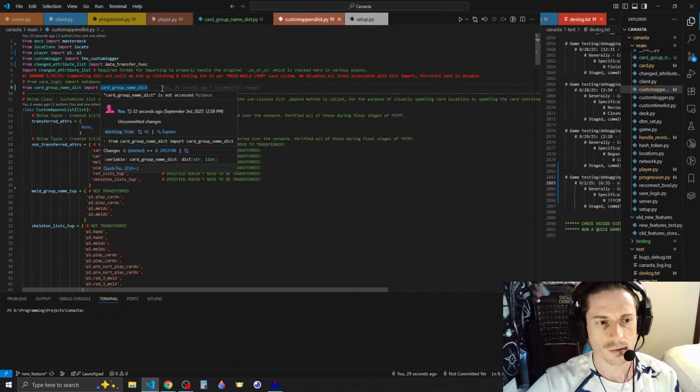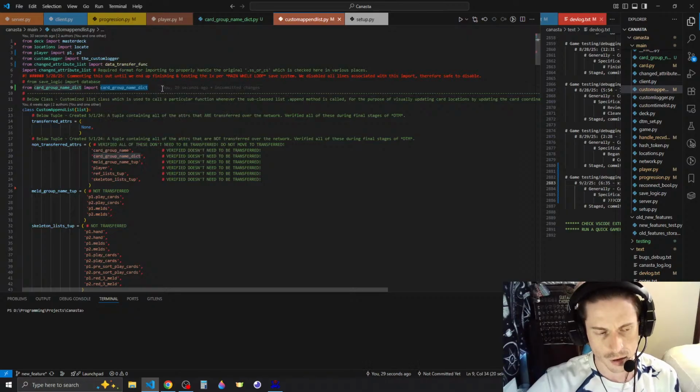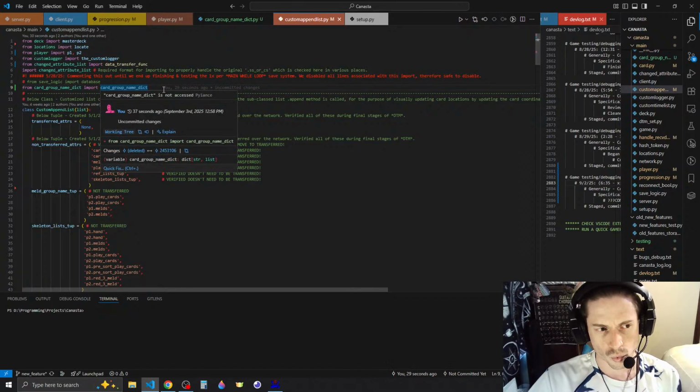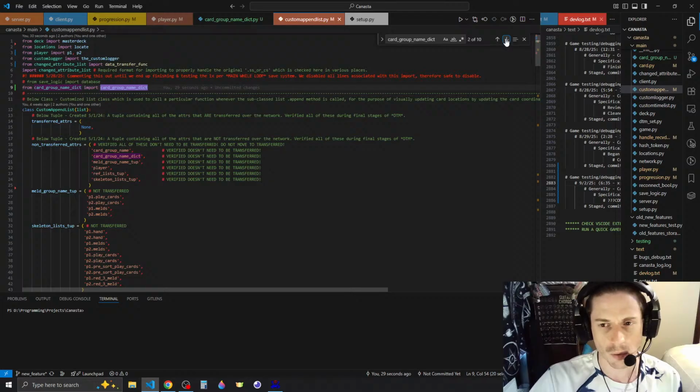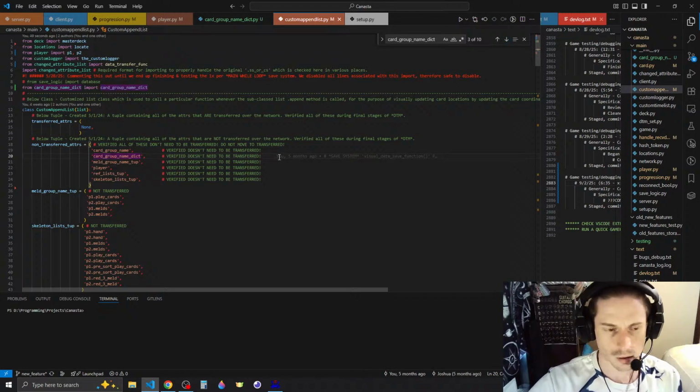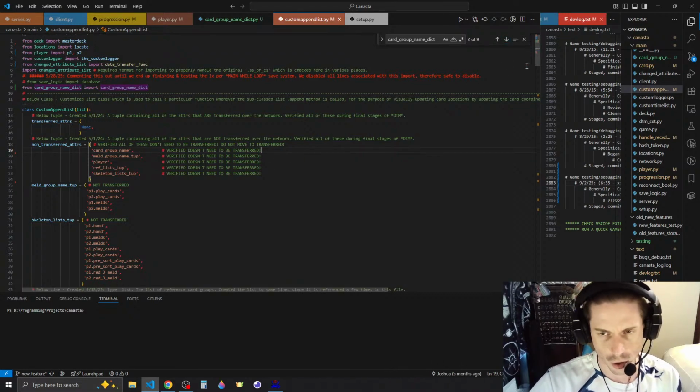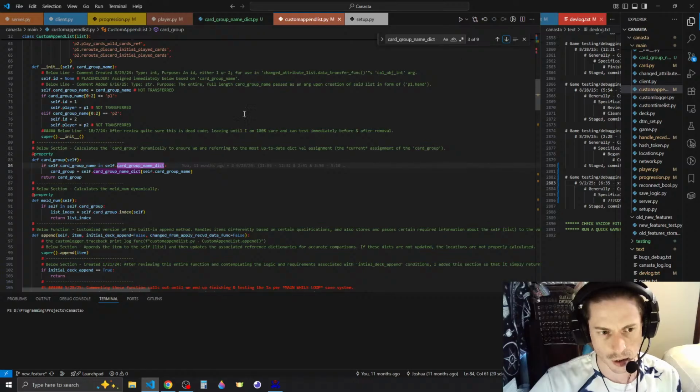And so what we need to do, well, okay, right, because it's going to be self dot. That's the problem. I'm like, why is it darkened out? It's usually darkened out like that whenever you don't actually use it in the file that you're importing it into, but